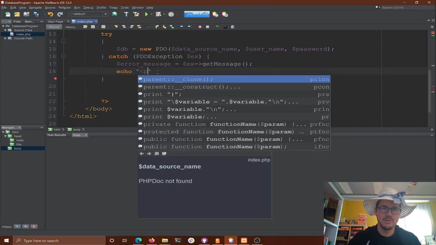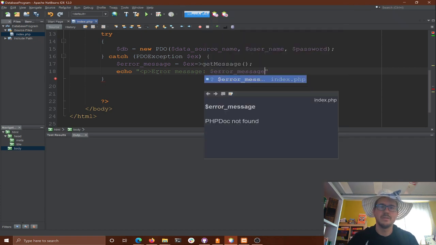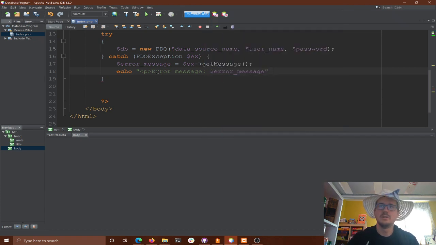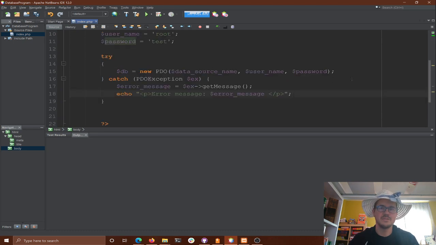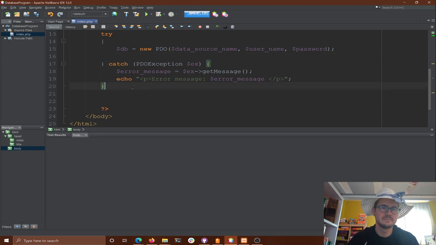Maybe another paragraph, sure, why not? Error message. We can just put right in here the error message, and then end our paragraph. Okay, so if we have an error, we'll print out the message. Otherwise, we connected and things are good. We'll just leave it at that.